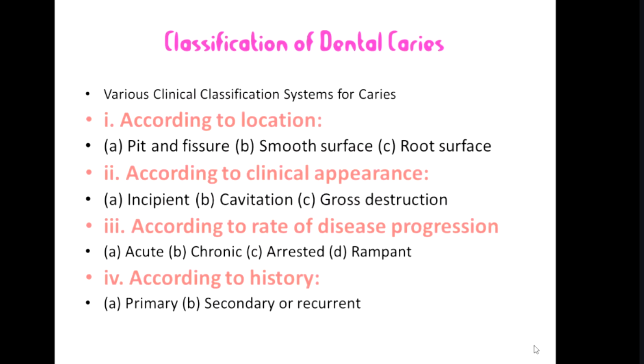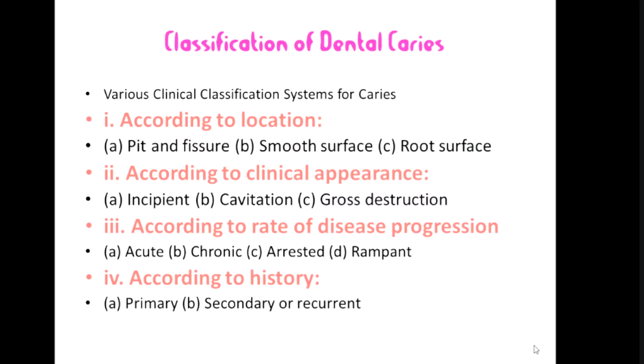لسه هذا السلايد مهم. عندكم classification of dental caries. احنا هسه بنريد نقسم الدنتال كاريز، اكو عدة طرق نقسم بها الدنتال كاريز. أولا نعتمد يعني أول criteria هي إذا نقسمها according to location of the caries أو نقسمها according to clinical appearance of the caries أو نقسمها according to rate of disease progression or according to history.